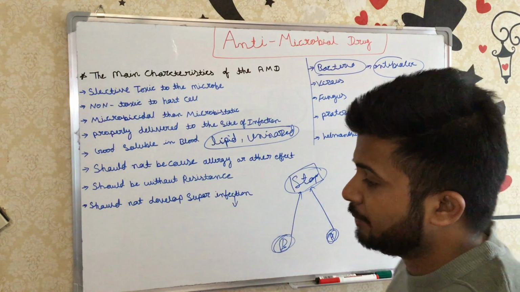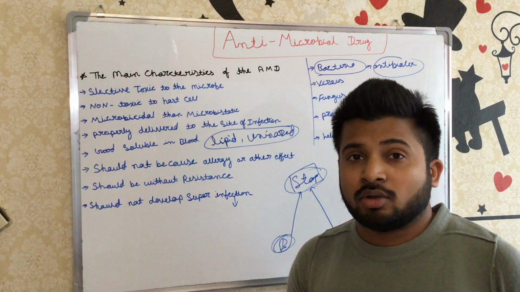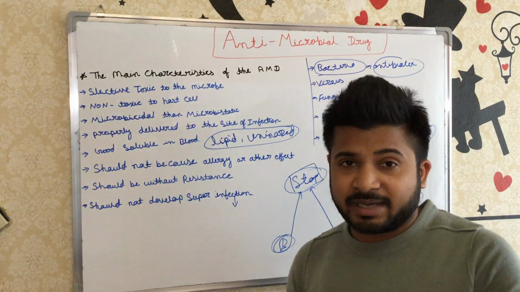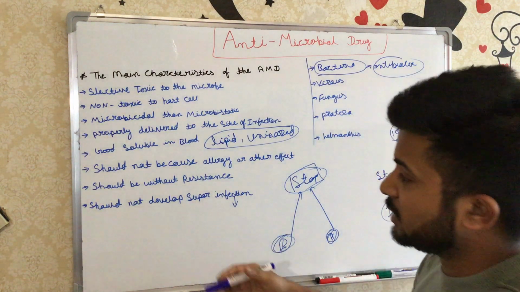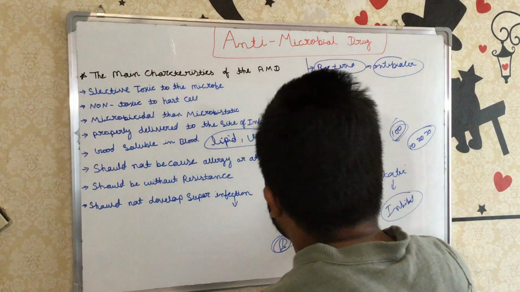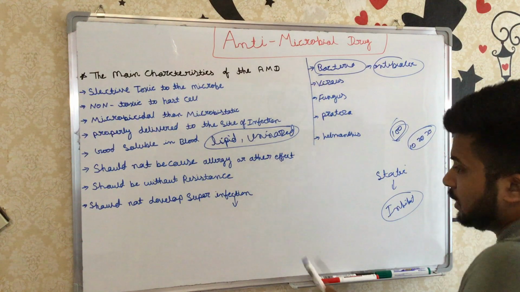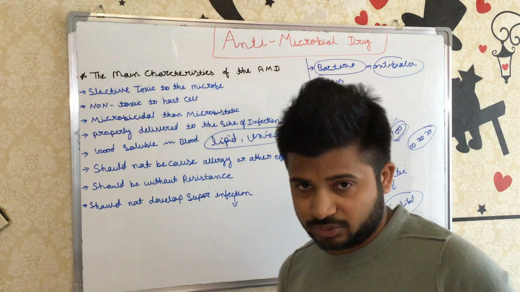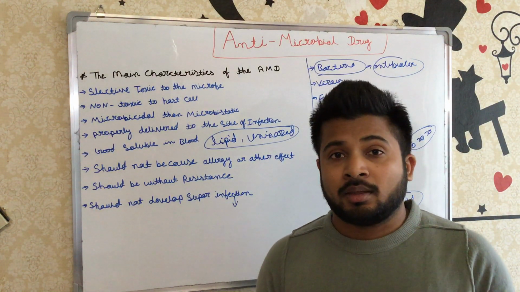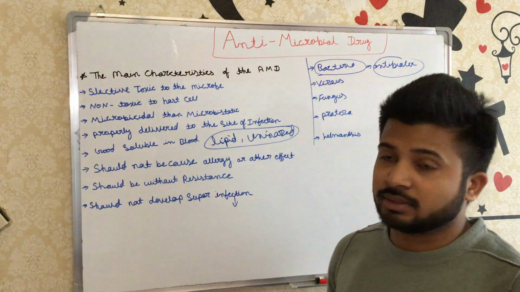There are other mechanisms also, because bacteria can change our body structure, the cell wall, and over time it can develop resistance. We will discuss each bacteria or each drug, which types of drug most probably develop resistance in which bacteria or microbes. Then the next one is that super infections should not develop. Obviously, as I said, in most antibiotic cases they develop super infections. So these are the major and very important criteria that we have to maintain.